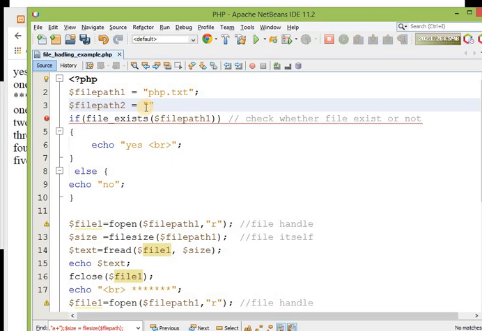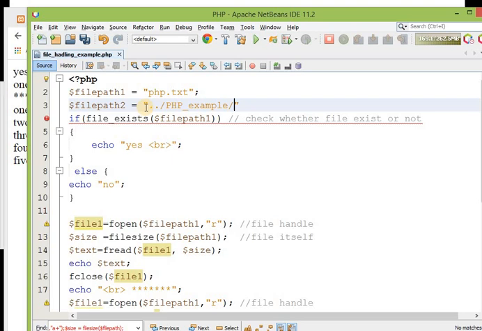So how can I do that? Now this file is one step backside, so I should use a double dot. After that there is a slash, and what is the name of the folder? The name of the folder is php underscore example. Make sure there is no space or spelling mistake, as it will create a huge error.